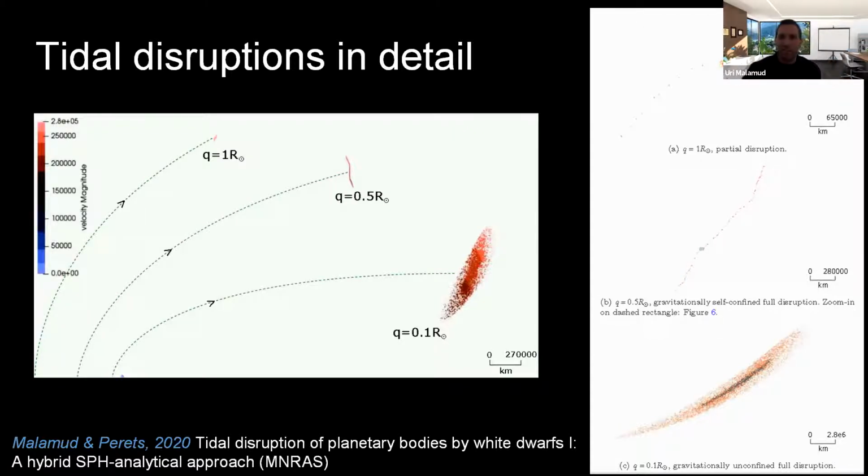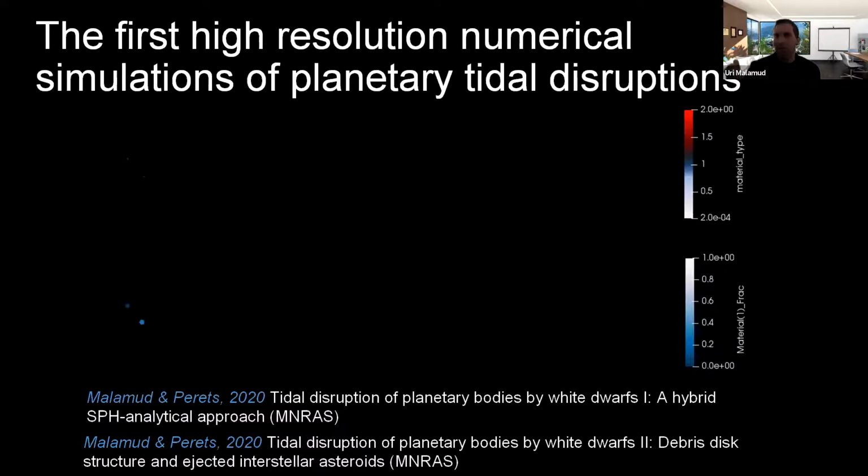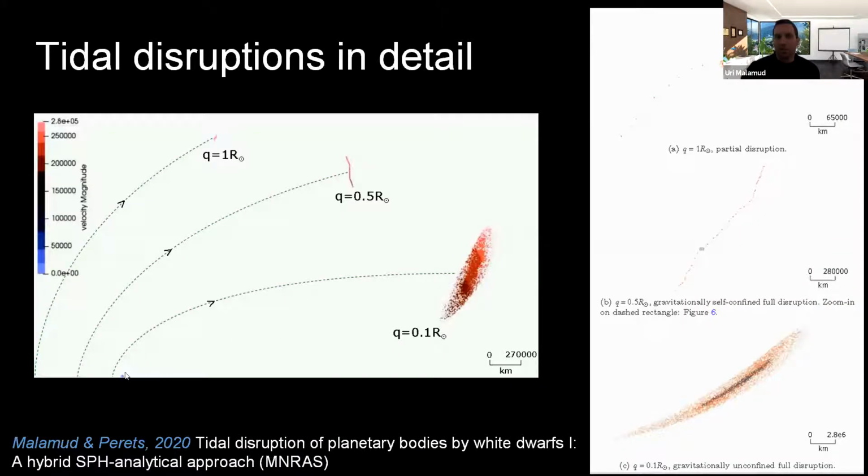And so what we did here is we employed a new hybrid technique. To the best of my knowledge, this is the first time that it's been done. So what we do is we say, okay, for the hydrodynamical code, we only care about what happens inside the vicinity of the star. We want to really follow in detail how the tidal disruption occurs. But later on, we can take each one of these fragments and we can just immediately and magically transport them back to the Roche limit of the star. We can assume a Keplerian orbit, and so we can treat this analytically.